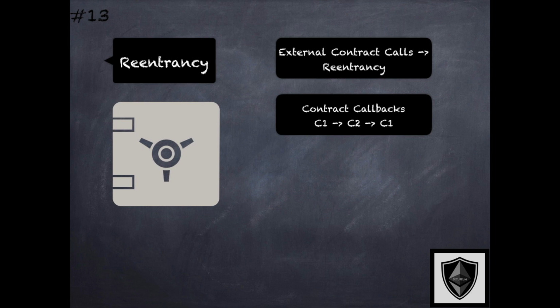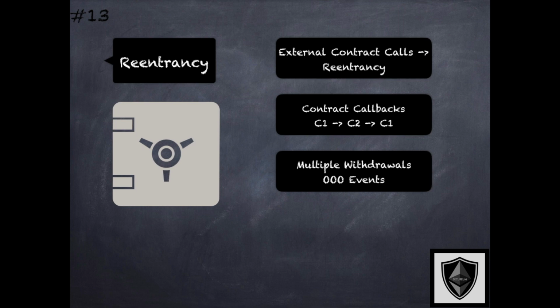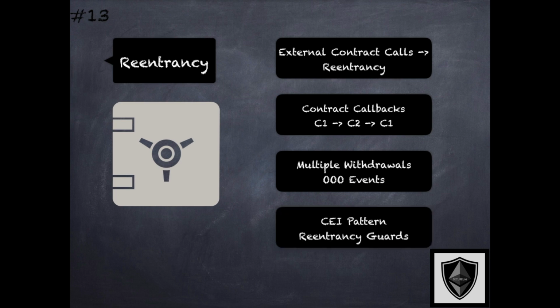And this could be exploited to do malicious things such as multiple withdrawals or something less harmful such as out of order emission of events. There have been multiple exploits that have taken advantage of this class of reentrancy attacks. Some of them are historical in nature, such as the DAO hack on Ethereum. So this class of security vulnerabilities that is specific to smart contracts really needs to be paid attention to,